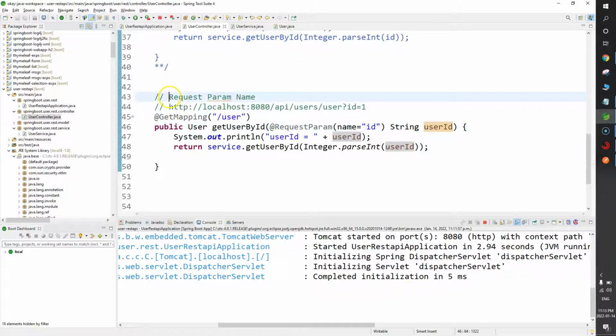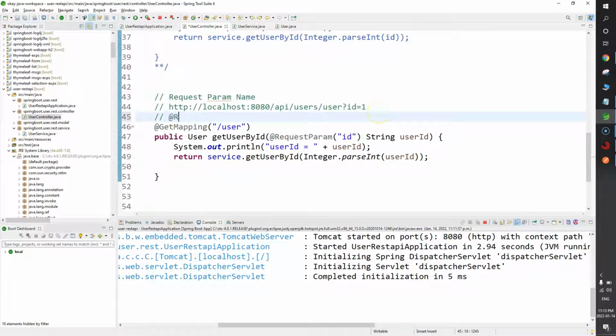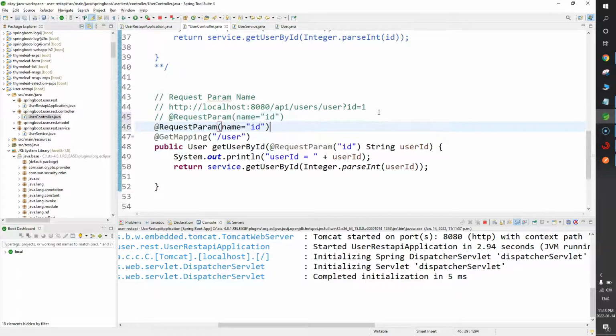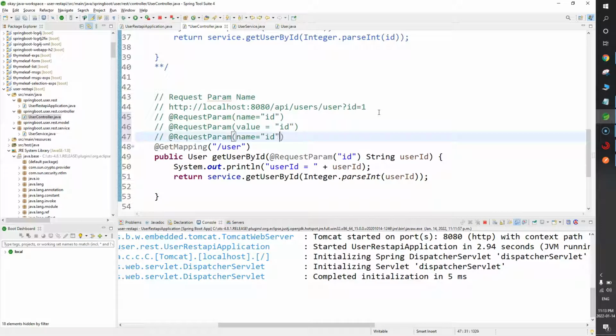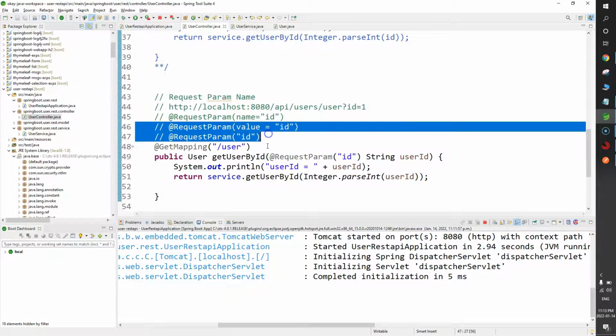This particular thing, request parameter name, can be done multiple ways. Either you can use name, you can use value, or you can simply use double quotes and the query parameter name. Try these options yourself. I will simply write here request parameter name equals to id, which I have just explained, right? What else you can do? You can try value equals to id, or you can simply pass the parameter name. So guys, you can try these two yourself. All right,